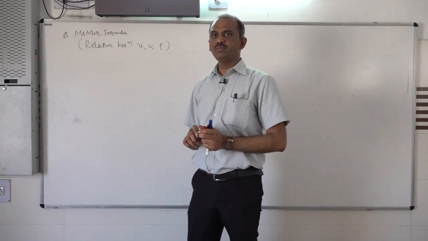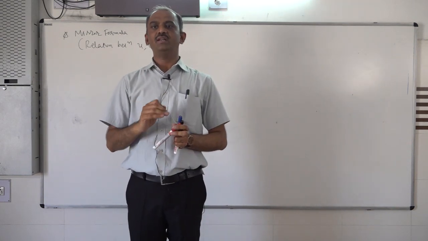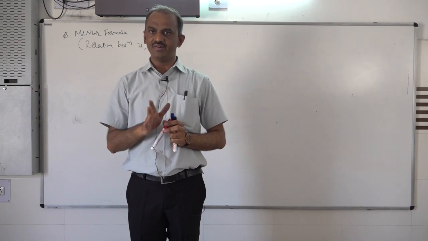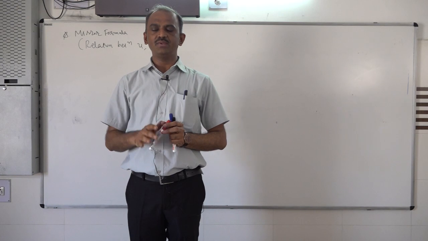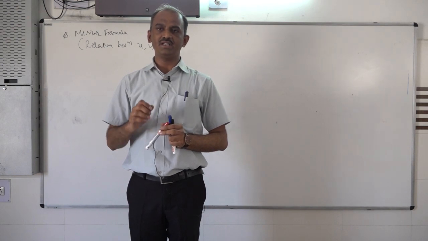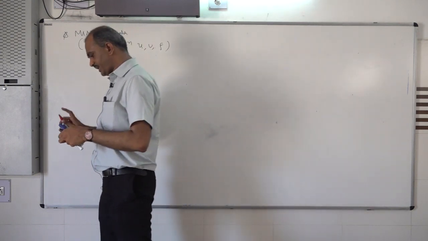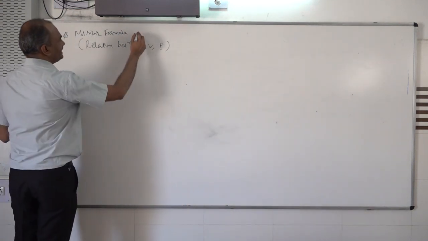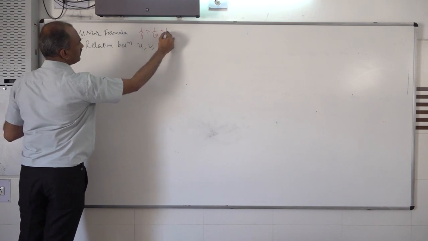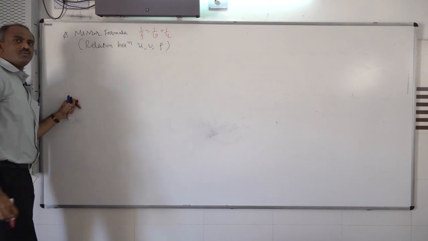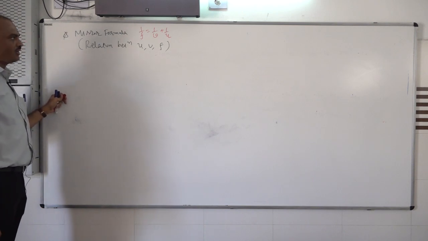This mirror formula remains the same for a spherical mirror, whether it is a concave mirror or a convex mirror, and this formula does not change if the object position is changed. It means it is not dependent on the position of the object. So this formula is 1 upon F is equal to 1 upon V plus 1 upon U.